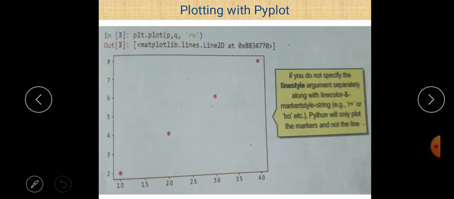So if you do not specify the line style argument separately along with the line color and marker style, R plus or BO etc., Python will only plot the marker and not the line. So that is a very important point.